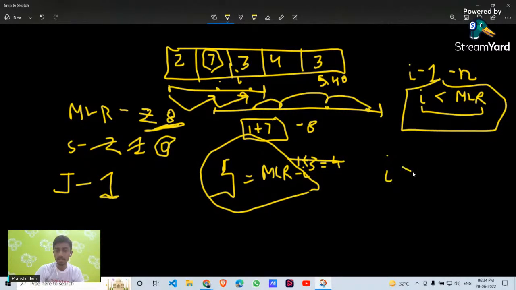And if our I is greater than or equal to MLR, it means our I is here, and our ladder is ending here only. So this means that we can't reach I. If we can't reach I, we also can't reach the end of the index. So in this case, we have to return -1,